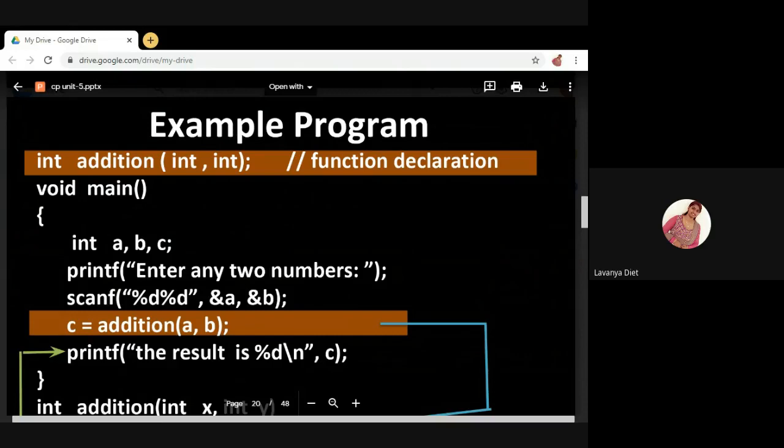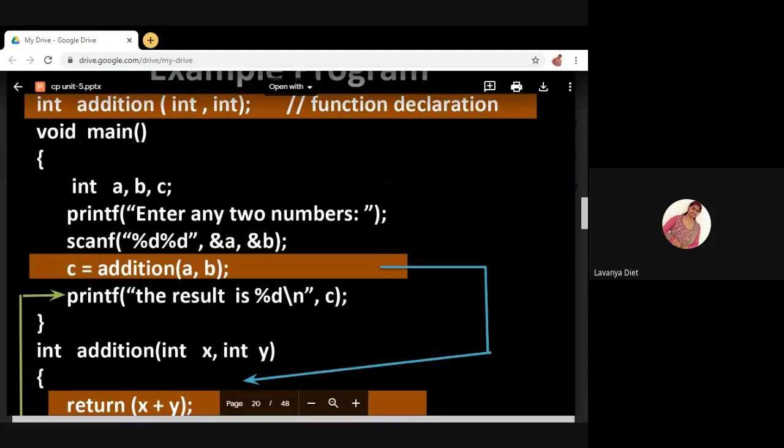In parenthesis, parenthesis is nothing but open bracket and close bracket. Open bracket and closed bracket together are called parenthesis. Inside parenthesis, you must specify data types only. Here, to add two numbers, you want two variables, right? So what are the data types of the two variables? Integers. You are adding two integers. So int space int semicolon. You must specify the semicolon. This is the function declaration. Next, void main or int main. You can specify void main or int main.